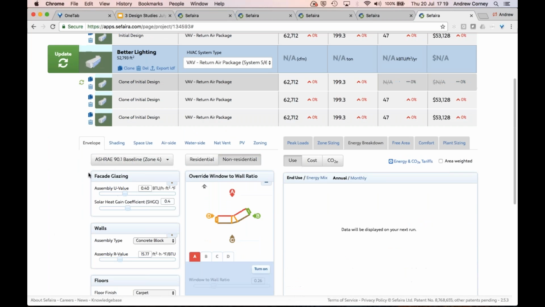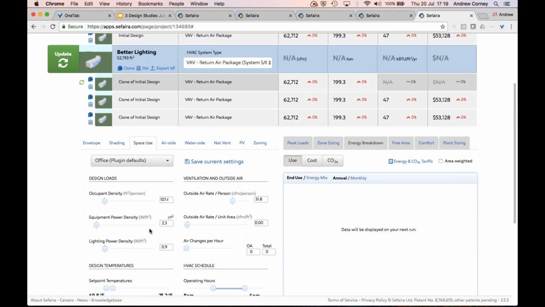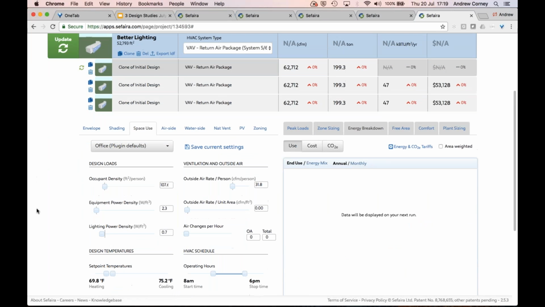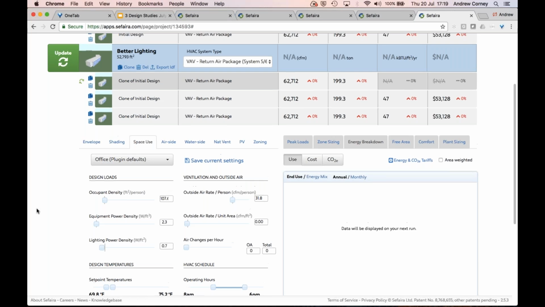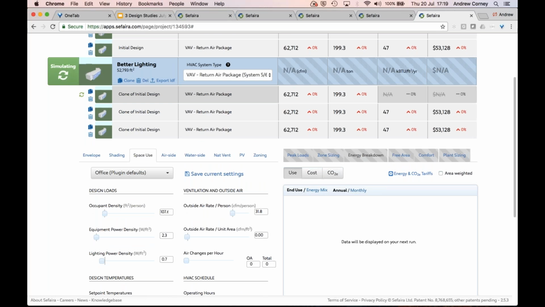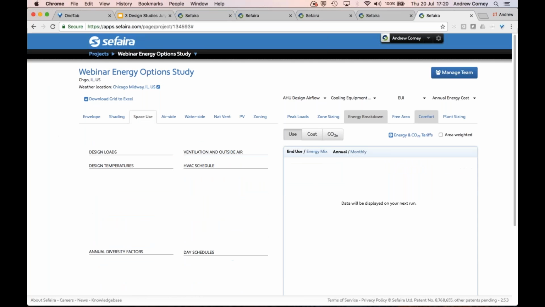And I'll go into the space use section and change the lighting power density from 0.9 watts per square foot to 0.7 watts per square foot. Okay, so I'm going to reflect a lighting design solution that's better than my initial design and run that. I'll also look at this option, the third option,